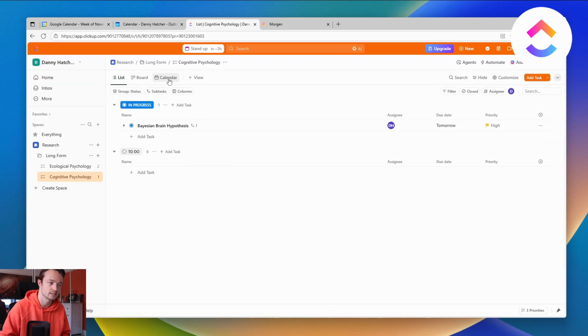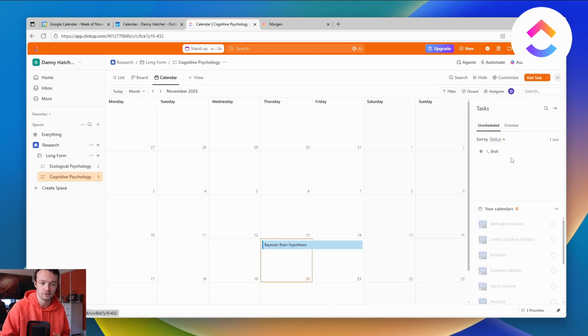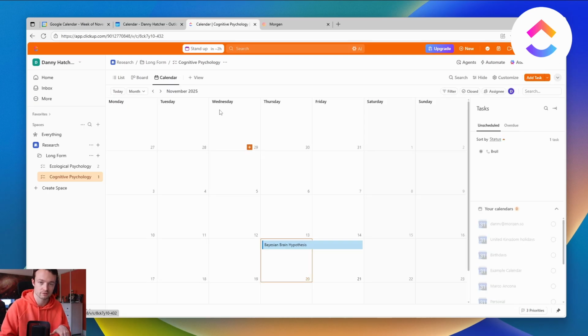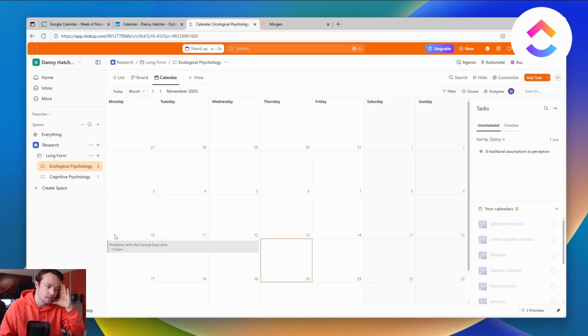So you'd come into the list, go into the calendar, then you could see the tasks on the side, or you'd go backwards and forwards between the list view, which you have more viewing, filtering, and sorting options with, then go to the calendar view. But something I haven't quite sussed with ClickUp is you can see here we've got problems with the central executive,